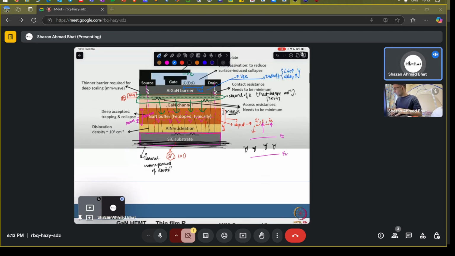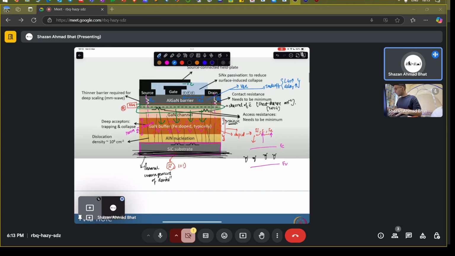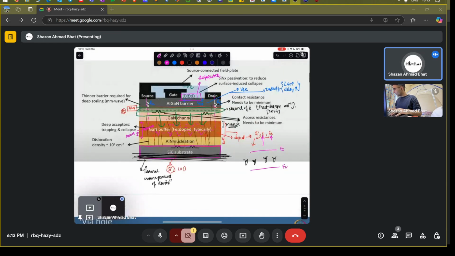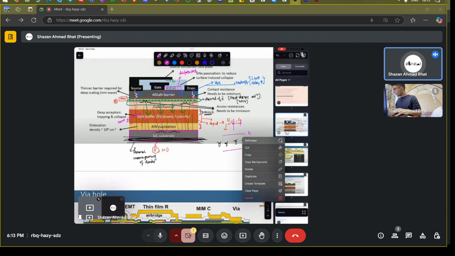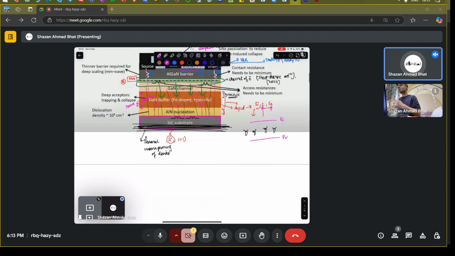Similarly, there will be contact resistance from the source, contact resistance from the drain, and channel resistance. These particular things have been covered quite well. And one important thing here is that these surface states play an important role, as we have talked about in previous sessions, these are the surface states from which the electrons come and settle at the interface of GaN